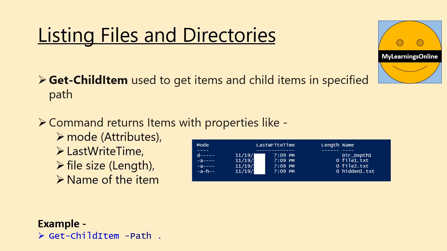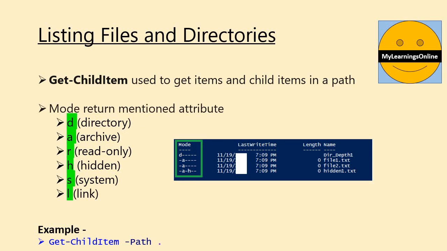In the example, we are trying to get the contents of a specific path, that is the current working directory. One detail that we get while listing the contents of a directory is mode. Basically, mode is not a single detail in itself. Please make a note of it. As I said in the last slide, it is a set of various properties that tells us various things about the content, like whether the item is a directory or file, if it is ready for archive or not, whether the listed item is a link or not.